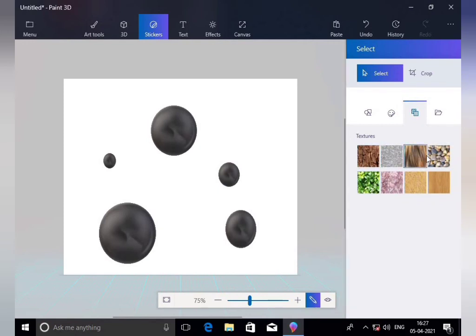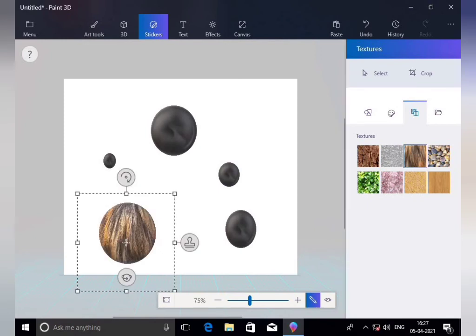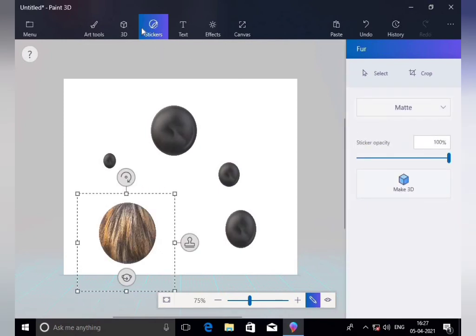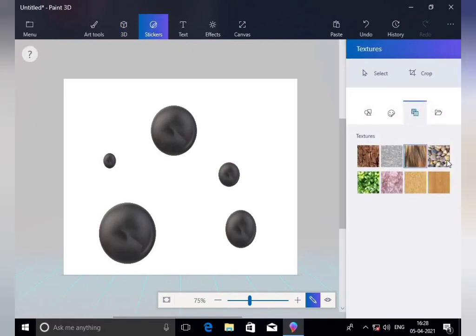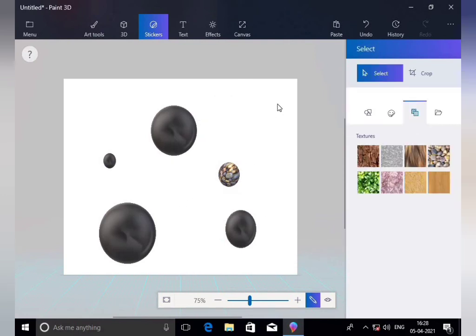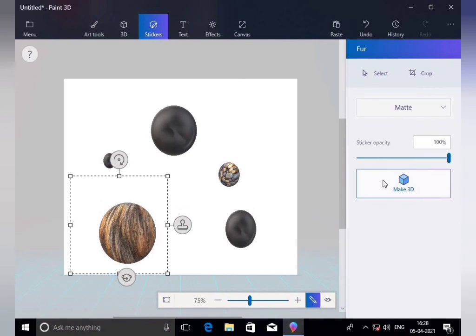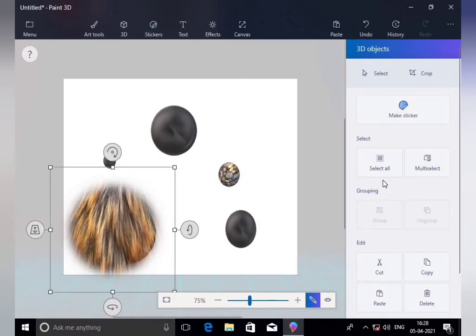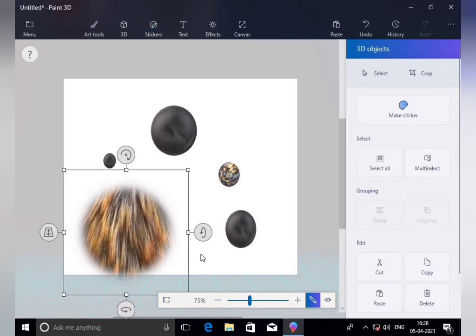Now come on the sticker, then square sheet. This is a design, right? For example, grey color I will put here, so it is grey. Come on the sticker, this gravel color, so it is now like this. Undo.